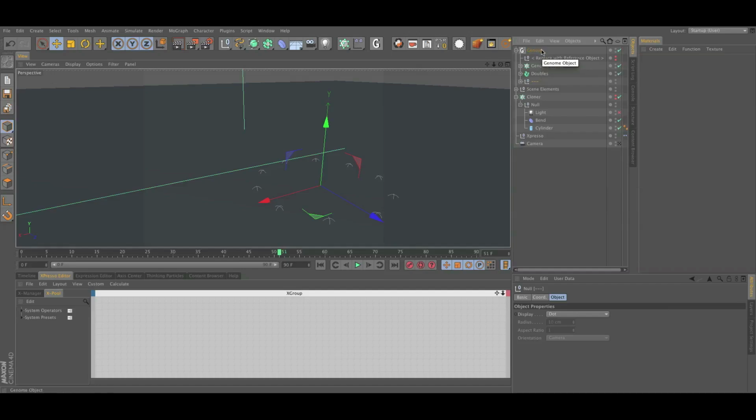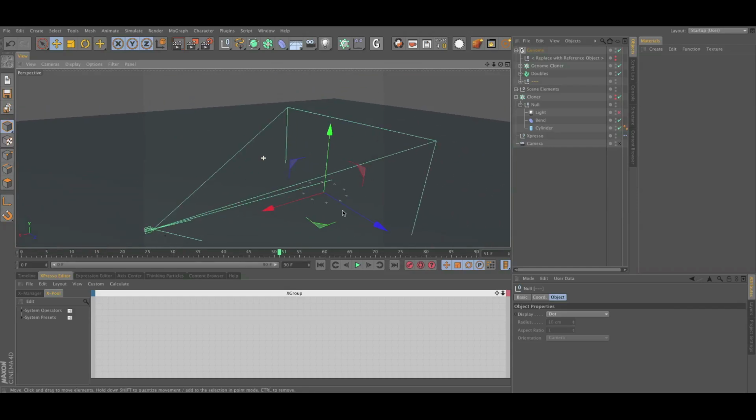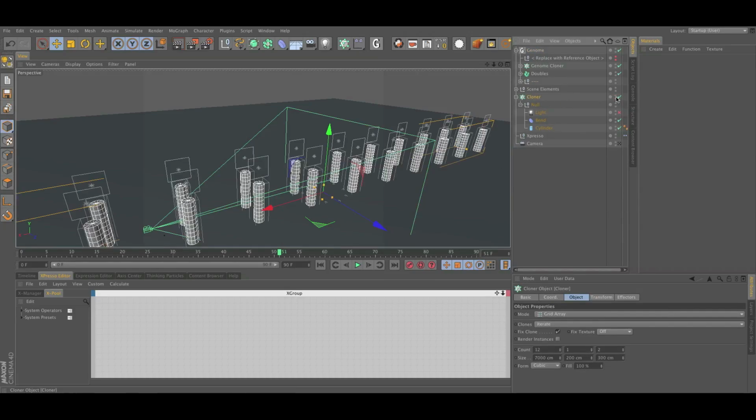If push came to shove, it'd be better just to create a new Genome object so you wouldn't have to remember where everything goes. So now that we have that, when it comes to our scene, what we really want to do is move our cloner into the scene. We've already spent all this time creating this setup. It'd kind of stink if we